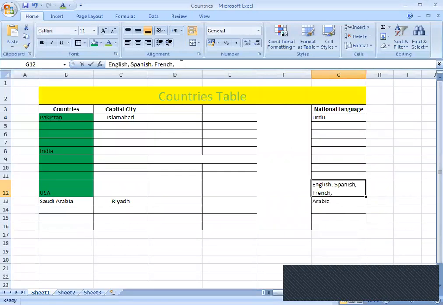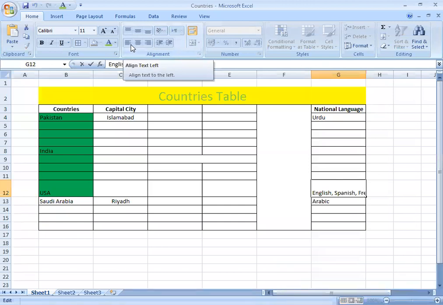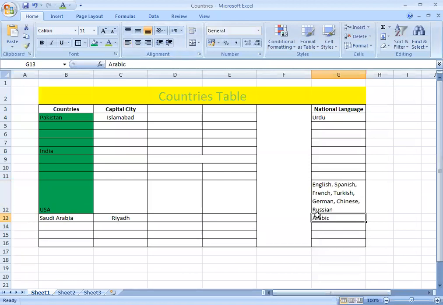If I type more text, for example, some more languages like Turkish, German, and Chinese, and Russian, you can see that whatever I have typed, it is inside the cell. It is not going out of the cell. This is called text wrapping.